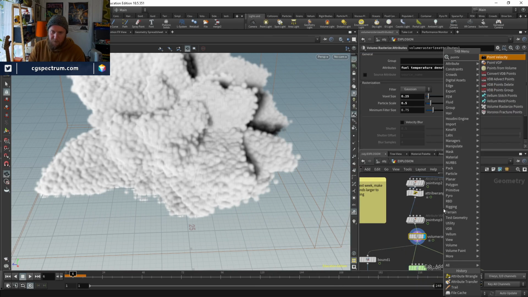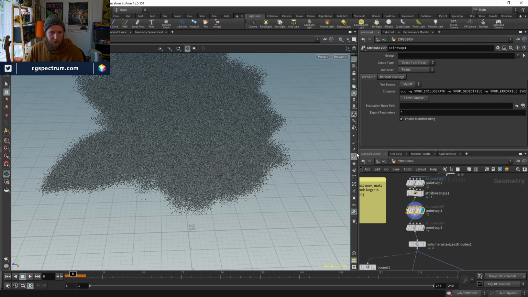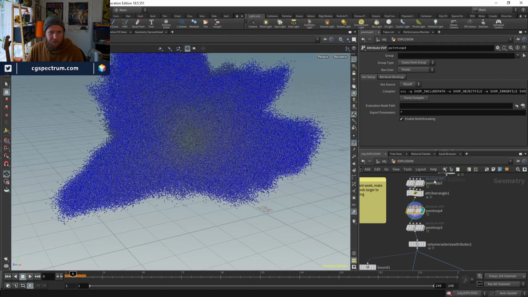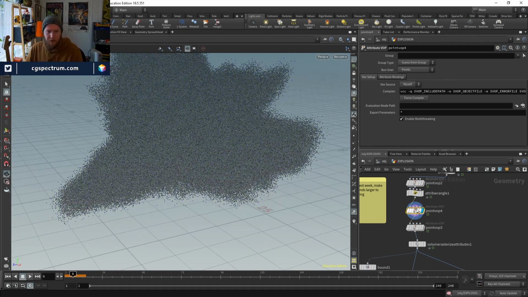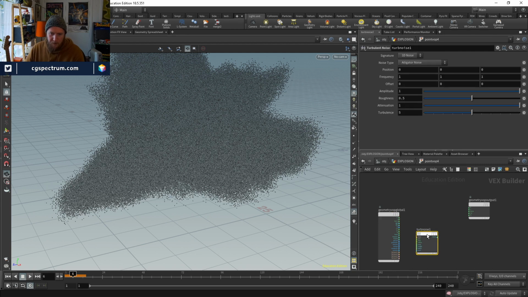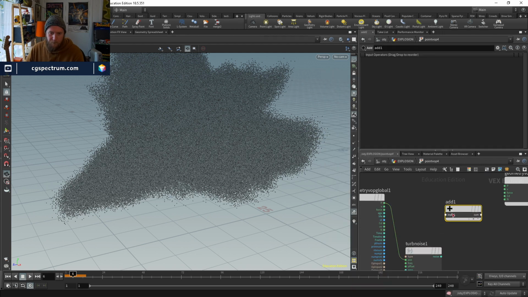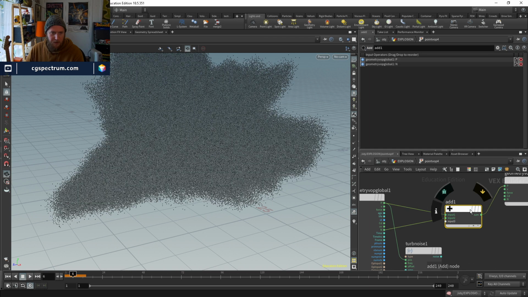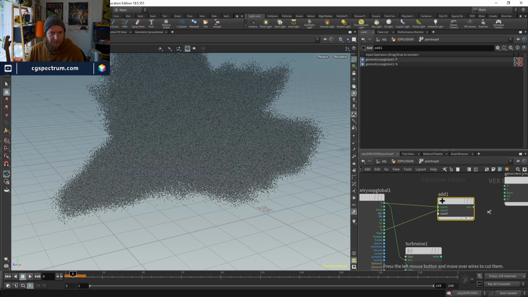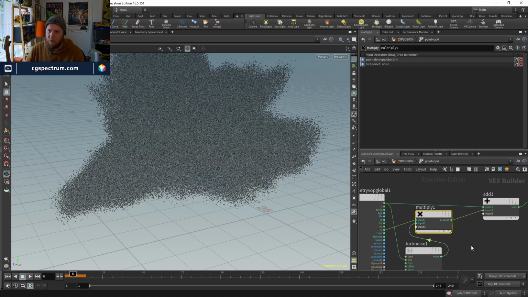Let's add a point VOP to our points here. And we've got these radial normals, so perhaps we could use those to create a displacement based on noise. And we'll add N to P. If I output that to P again, you can see that just pushes the points outward. But if I multiply those normals by turbulent noise,